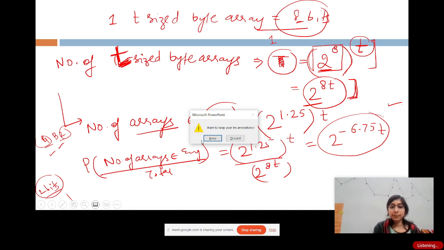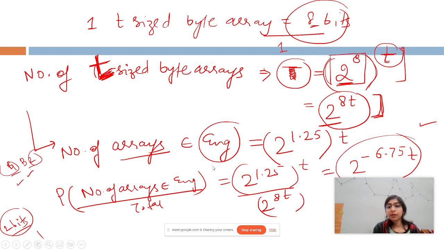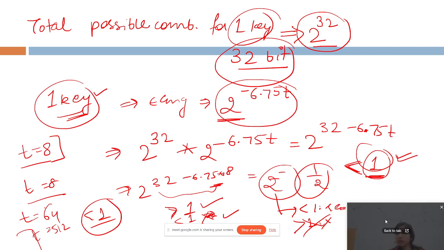How come the probability value will be greater than 1? I didn't say it will be greater than 1. I'm saying it will be less than 1. No, there is no question of the value being greater than 1, right? Yeah, sorry. If it is equal to 1, pardon. Okay, in case it is equal to 1, you will not be able to recover the plain